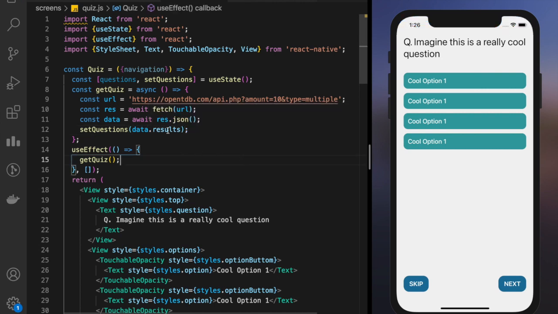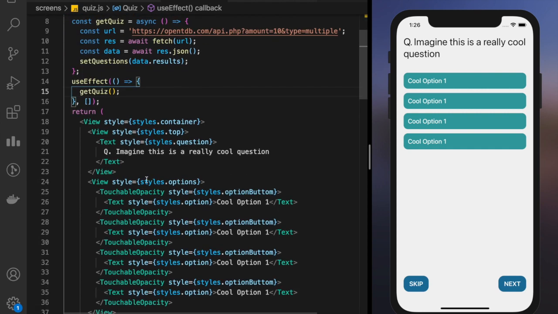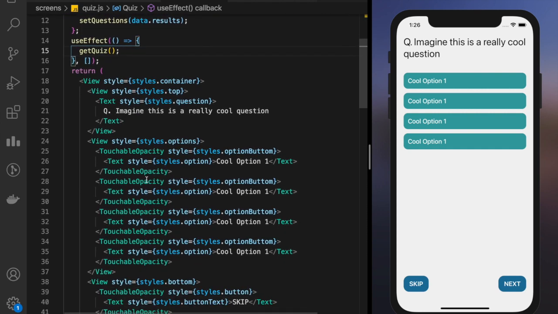After setting data.results, we are saying put the result in this question state. So now we have an array in this question. That's pretty cool. We have fetched our data from the API. Now we just have to implement our logic for the skip and next buttons and integrate these questions here.